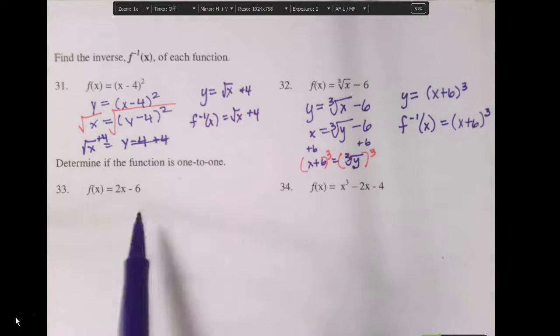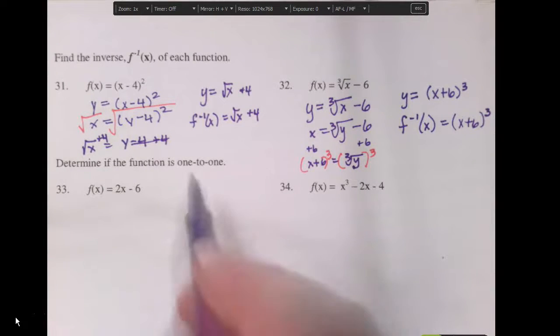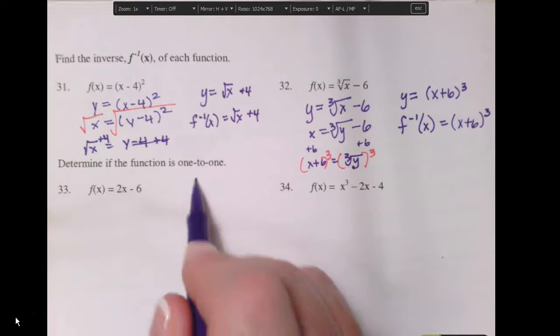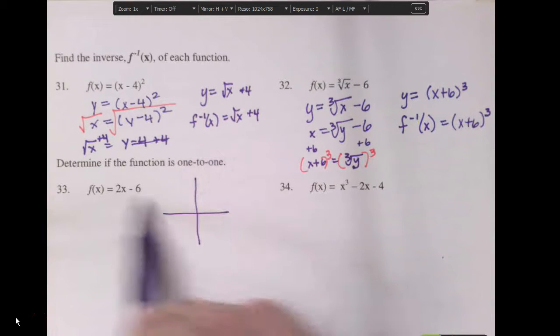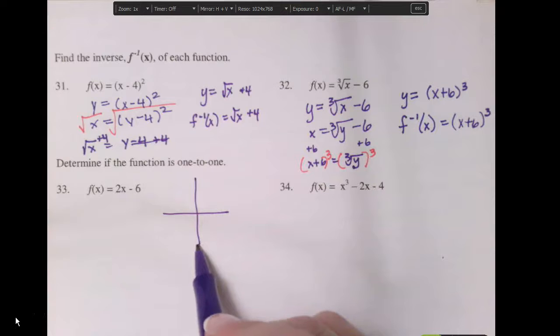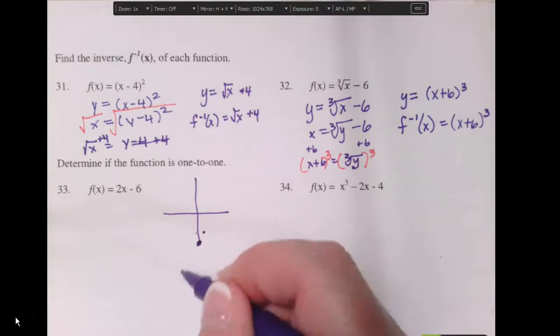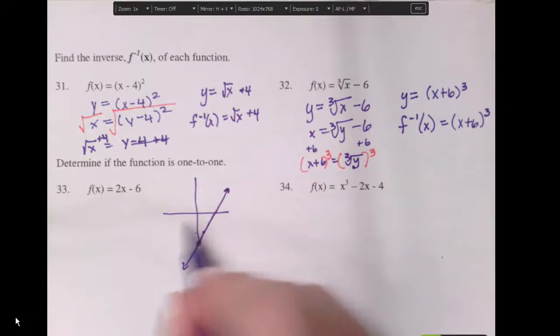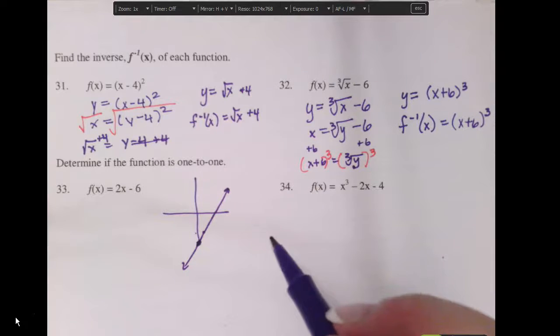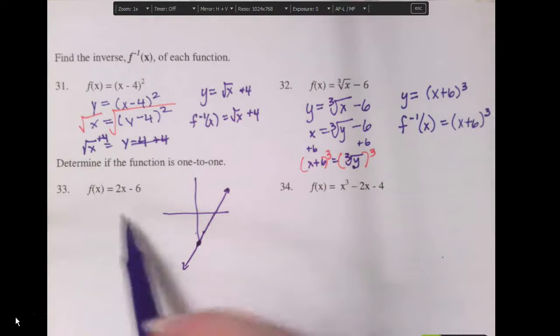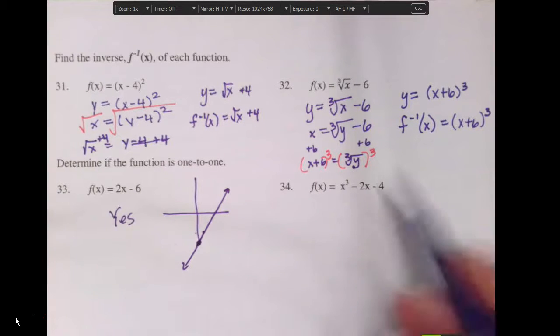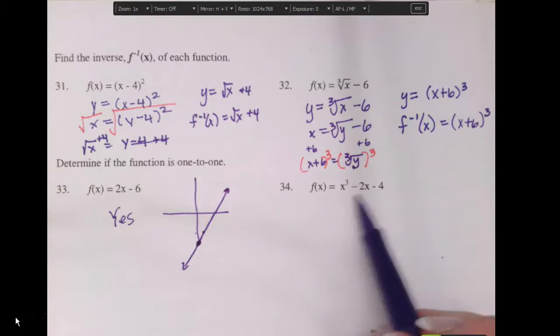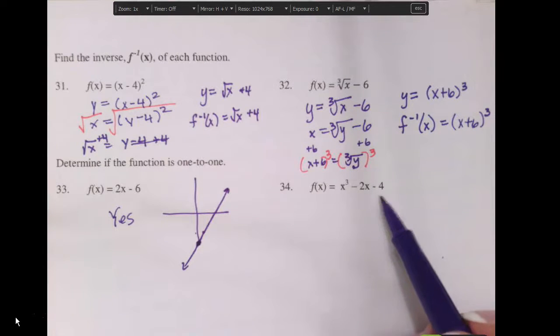and determine if the function is 1 to 1. So I think the best way for us to do that is to graph it. So 2x minus 6, I'm going to go down to negative 6, go up to, so this is a line, it's a linear function. So I know that any line except for a horizontal line will pass the horizontal line test. So we can say yes, and then this guy, x cubed minus 2x minus 4, I mean I know